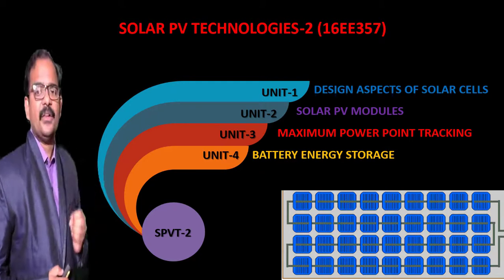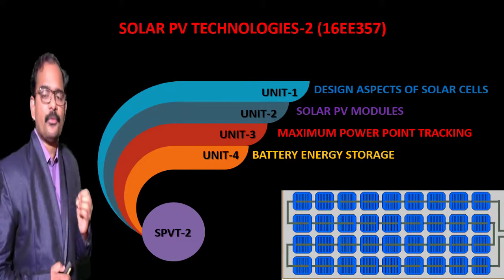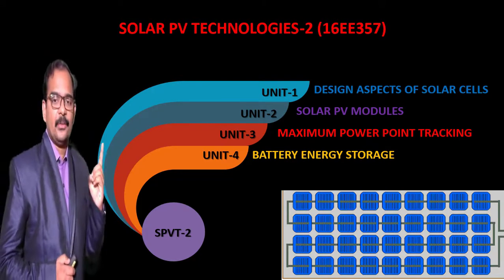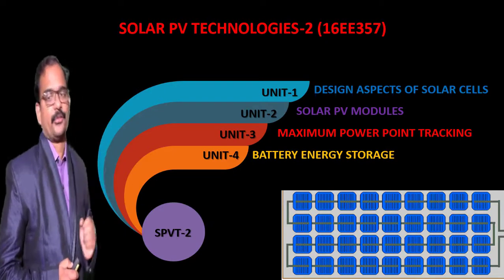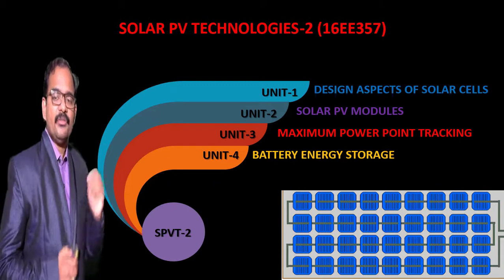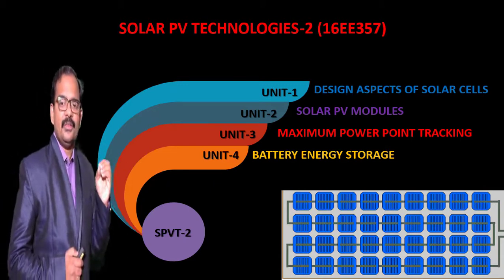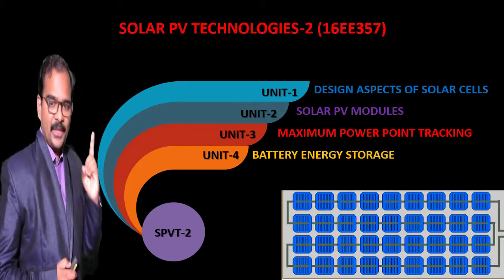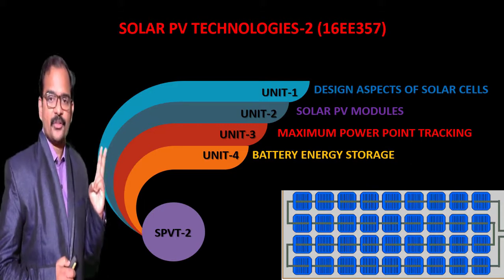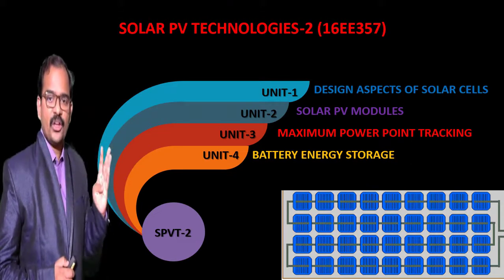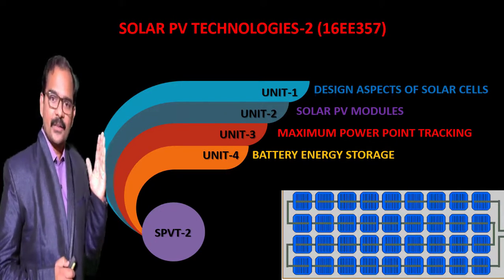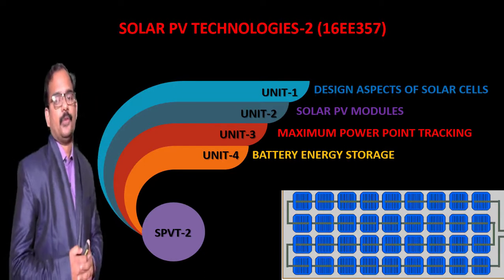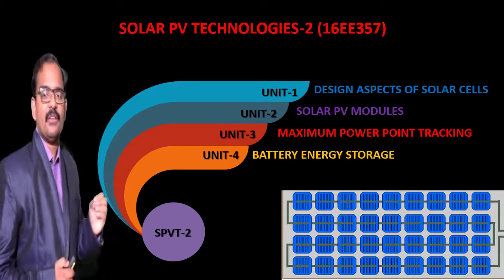and later we have seen the different types of batteries like lead acid battery, nickel cadmium battery, and lithium ion batteries. And then we have seen the different terminologies associated with this battery like ampere hour rating, round trip efficiencies, self discharge, depth of discharge, state of charge, specific power, specific energy, energy density, power density, and battery life. All these parameters we have discussed in our fourth unit.